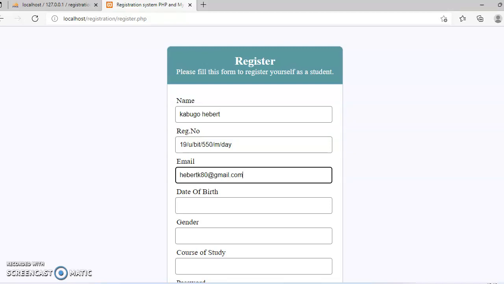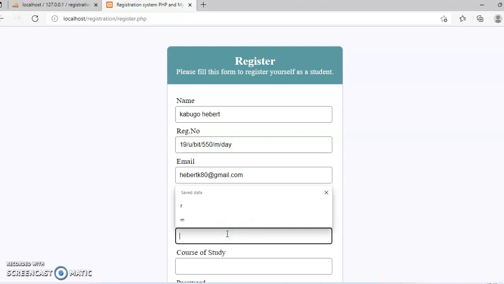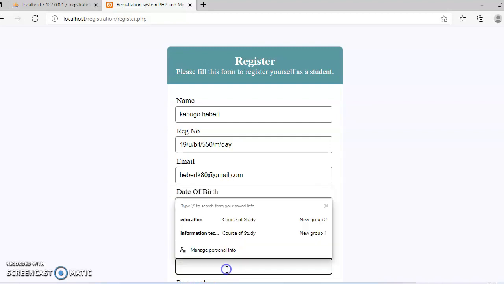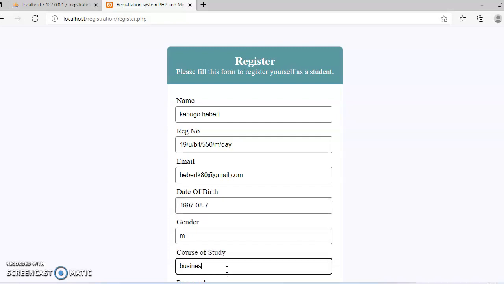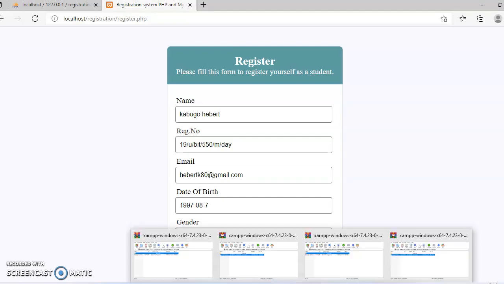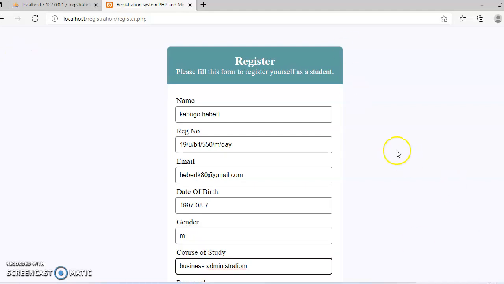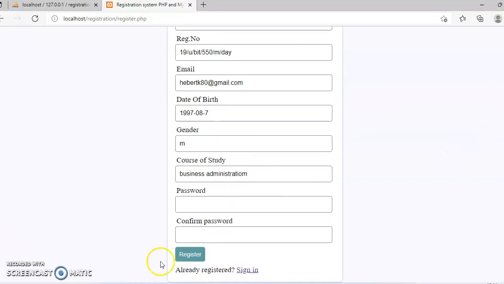Excuse me. Then date of birth 1997, August 7th. And gender is male. Business administration. Shall have the password as Herbert.